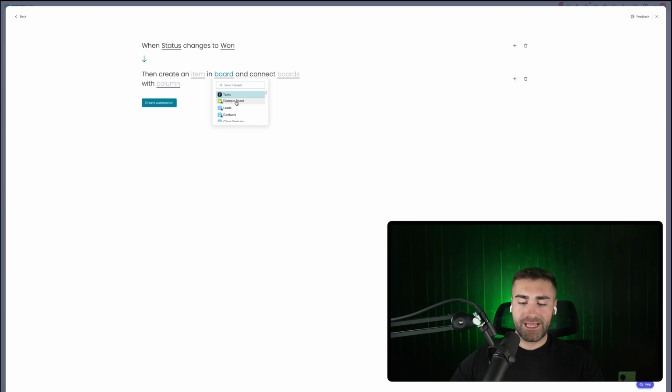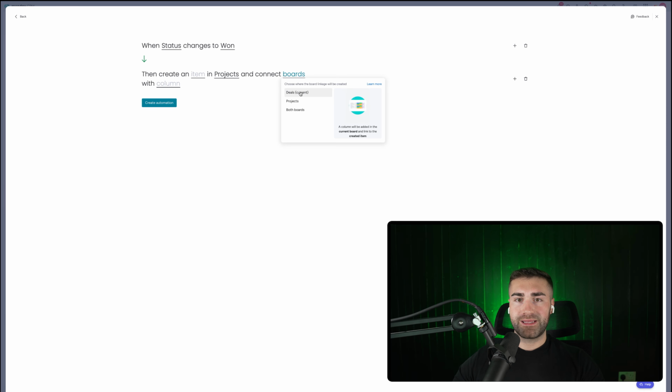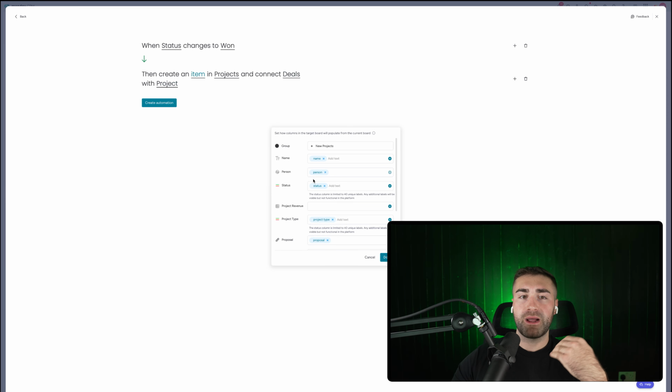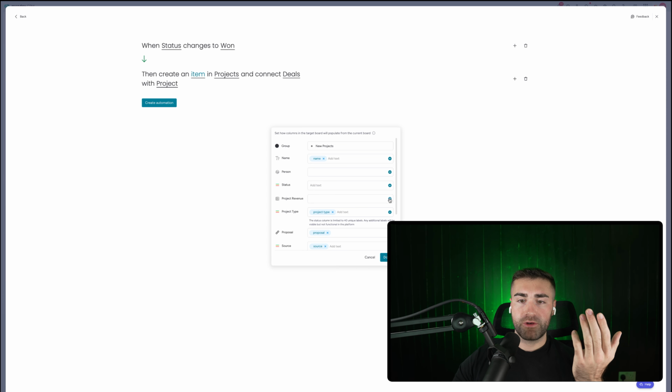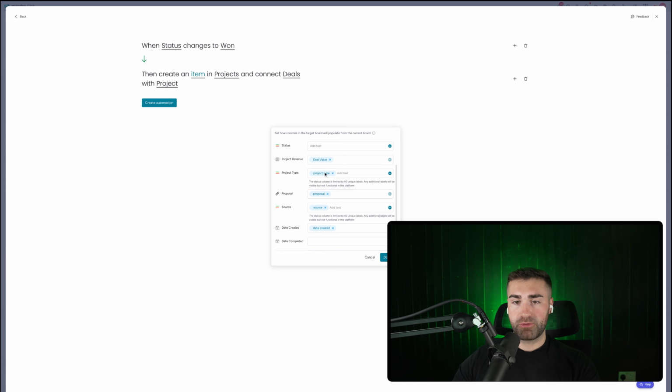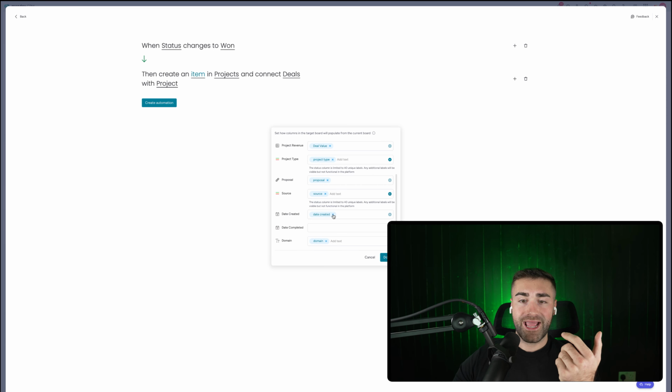The board we're creating it in, though, in this instance is going to be the projects board. So it'd be this projects board. And then we are using the connection column that we just established a moment ago, connecting the deal to the project via that connection column. And then we just need to map the data points from the deal to the project. Now the naming convention for the deal, I'm already happy with. Person we can remove, status we can remove, project revenue we would probably want to map as deal value, project type would map to project type, proposal to proposal, that's the link column, source to source is fine. Day created,